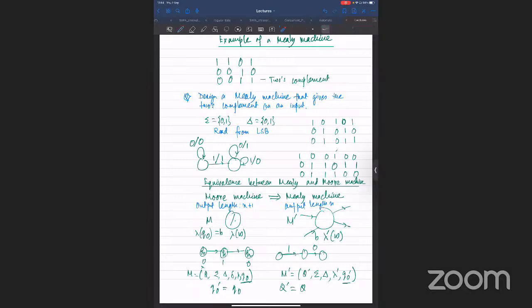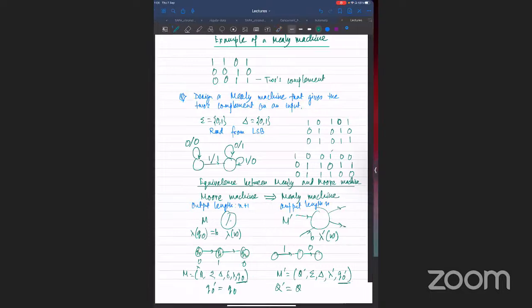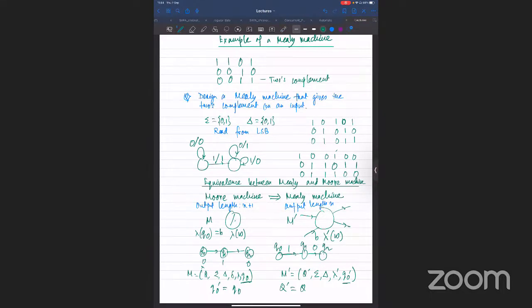So as I was saying, you are moving from Q0, Q1, Q2, and I'm also doing from Q0, Q1, Q2. It's just that whenever I was seeing the output here, Q0, 0, Q1, 1, Q2, 0, I'm now moving these things like this, you can ignore, because of the mismatch in the output length. And the output on this state, you are going to put it on the transitions. Correct? So how am I going to define lambda prime? Lambda prime of some q prime comma, let's say a, equal to